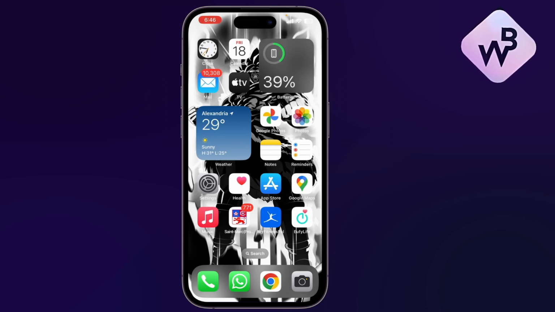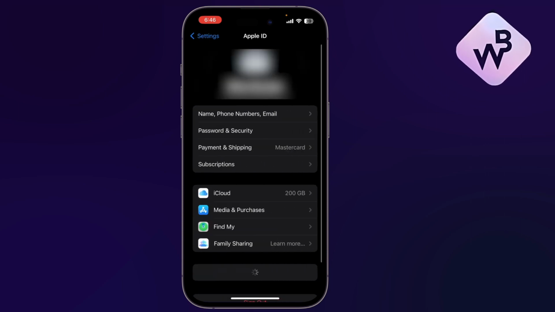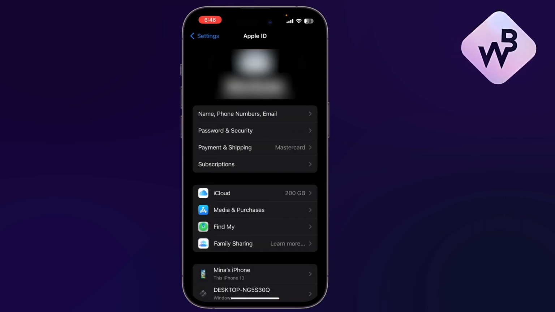So to do so, you simply need to go to settings and then tap on your name at the top here. And then you'll find the fourth option is subscriptions. If you choose it,